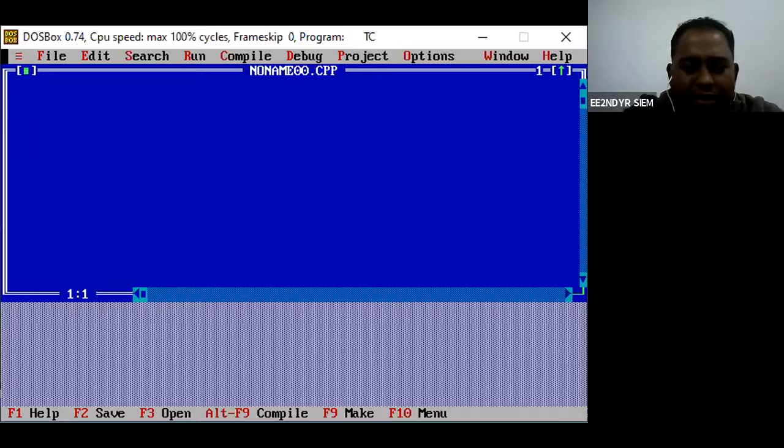All the code has been written inside that header file. How has it been converted? When you press a key on your keyboard, in the background there are some values, known as the ASCII values. There are 256 ASCII characters. For capital A it is 65 and for small a it is 97. That is the reason your capital A and small a are not the same. The number 0 is 48, then 1 is 49, and like that it keeps on going. So these are the values that are there in your ASCII.